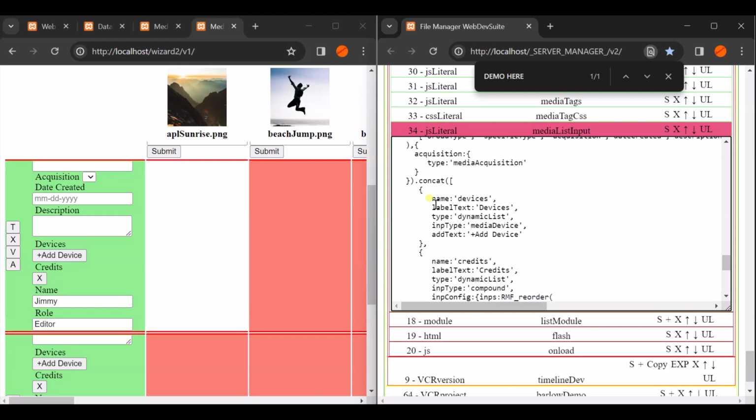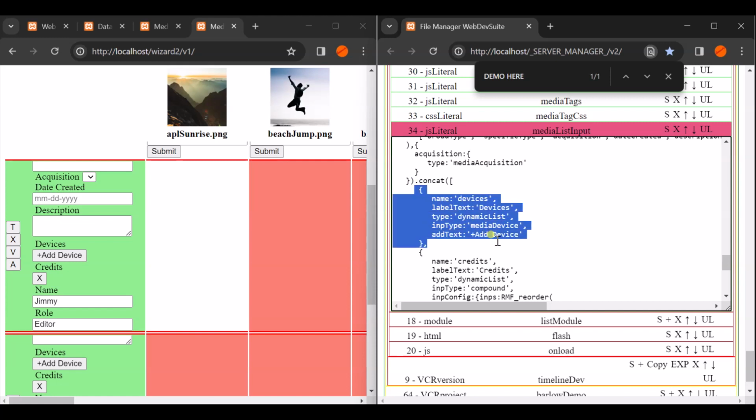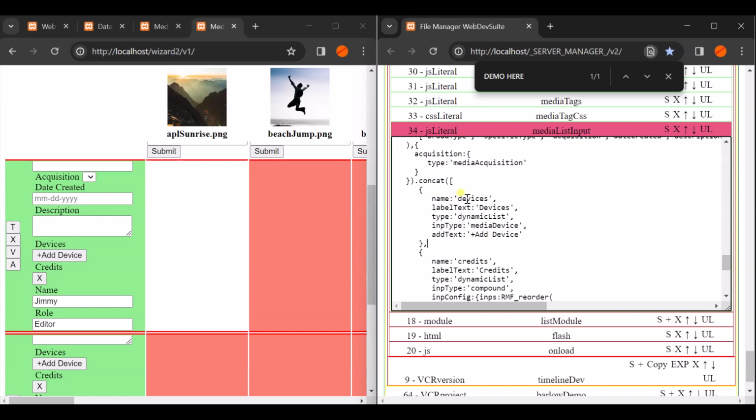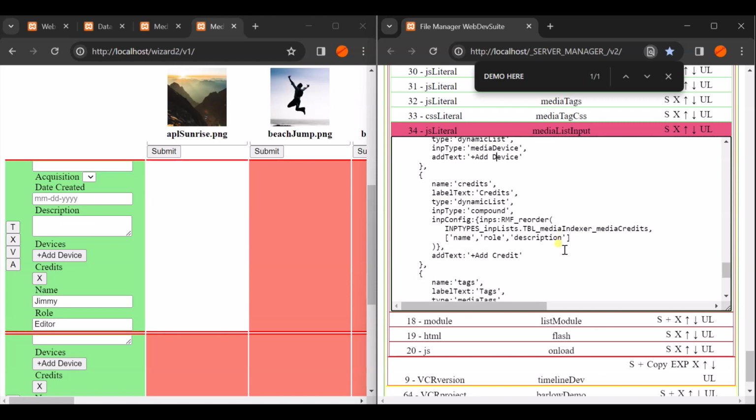All right, so anyway, I was just wanting to show y'all that, and here's a great example of what an input type is right there. So we have a name is devices, a label text of Devices with a capital D, and a type of a dynamic list, which is already programmed in a ready-made form library, and this just lets you add a list of 10 of these input types. The media device input type. Okay, now that we've looked at that,